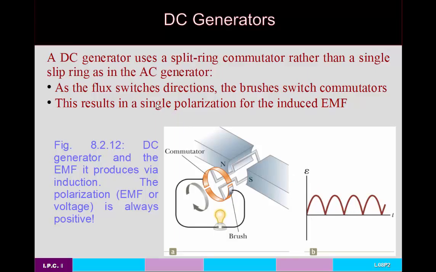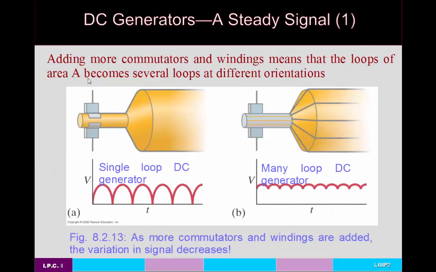This is a DC generator, but it doesn't really show us what people usually think of when we talk about a DC signal. A DC signal you usually think of as a constant EMF or a constant voltage. So how do you do that? Well, it's possible to get a steady signal from a DC generator, and the way you do that is